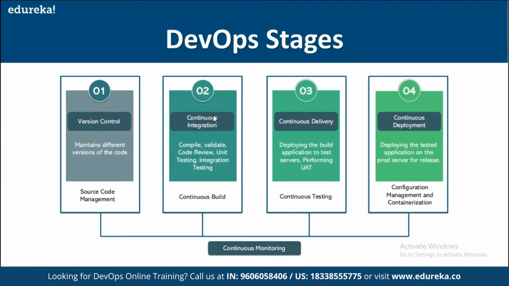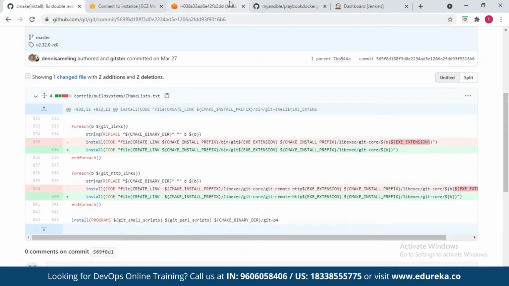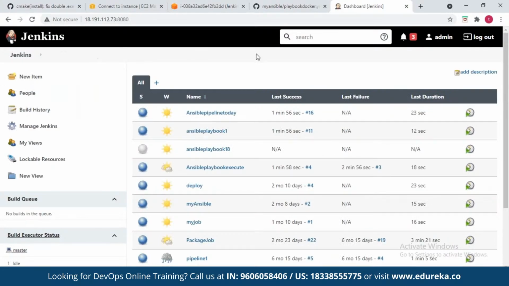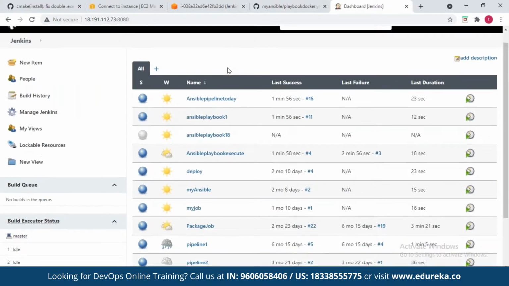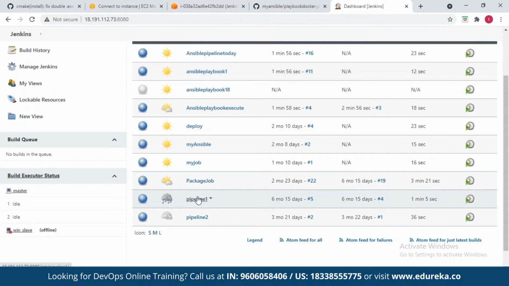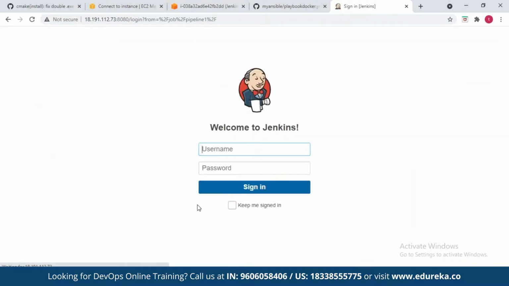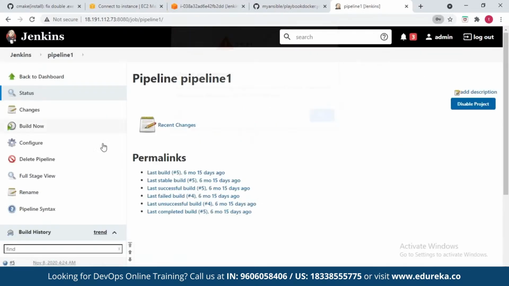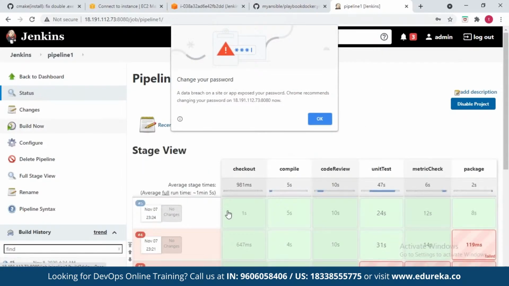Basically, we use continuous integration tools like Jenkins, friends, to implement continuous integration. So this is the front end of Jenkins. I will show you a pipeline job here. Using a pipeline, friends, you can take your source code. I have a source code given, and I'm picking up my source code. With that, friends, you can